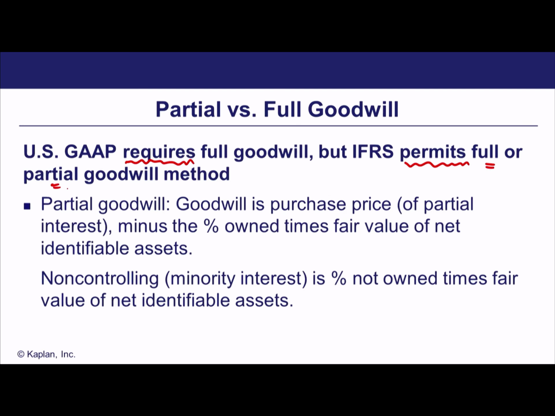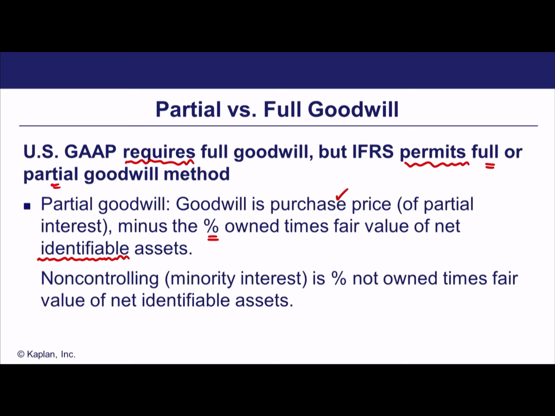Now, actually, what we did with equity accounting for our associates is partial goodwill. So we already know the computation of partial goodwill. We're going to compare the purchase price to our share of fair market value identifiable net assets. So there you are. Goodwill is the purchase price, what you paid to acquire the subsidiary, minus your share. So if you owned 80% of the equity capital, you take 80% of the fair market value of net identifiable assets. And again, there's that phrase identifiable. So remember, if you see goodwill sitting in the subsidiary, that's going to be ignored. It's not a separately identifiable asset.